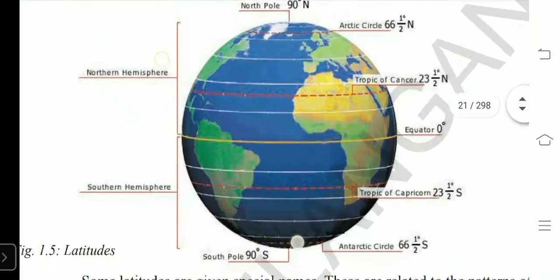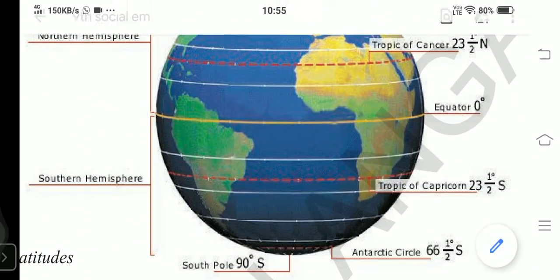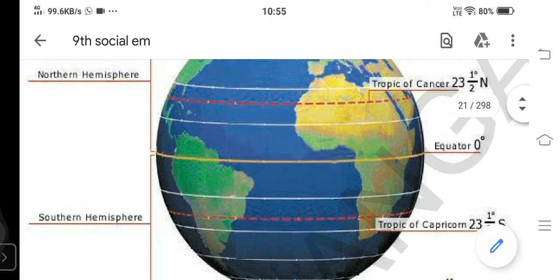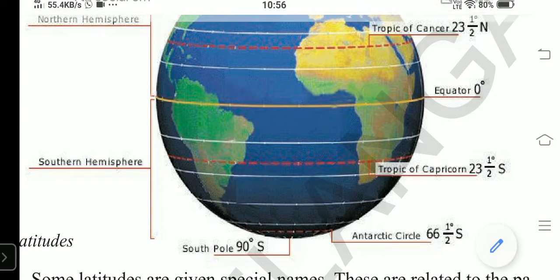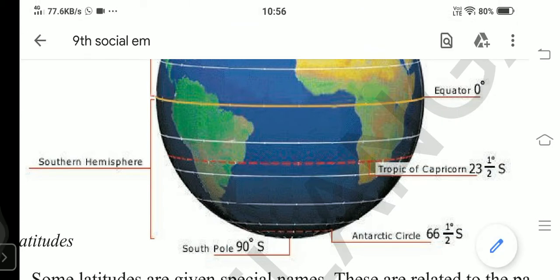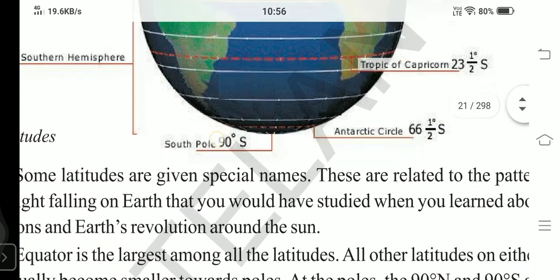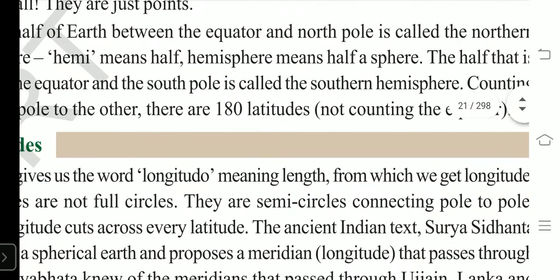I'll show you again here, coming to this point. Look here, these are latitudes, right? Above the equator, north. So the north direction should be carried for latitudes which are in the Northern Hemisphere. The south direction should be applicable for the latitudes which are in the Southern Hemisphere, right? So if I apply west for a latitude, it is absolutely wrong, right? So be careful in using the directions for latitudes and longitudes.